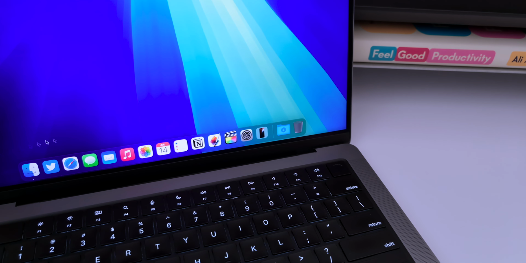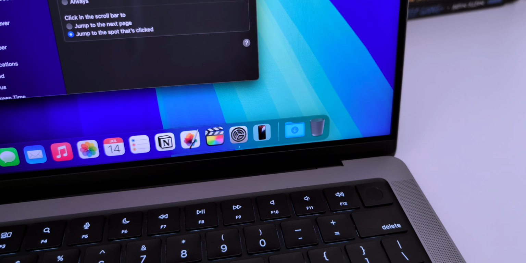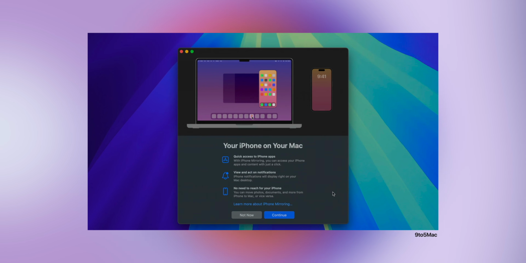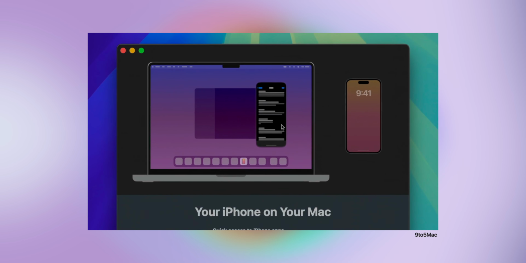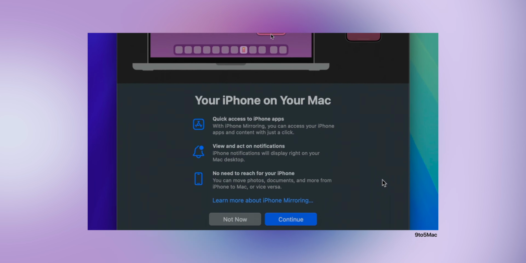When you first install macOS Sequoia, available in the fall, there'll be a new app in the dock. You'll also find it in the Applications folder and Launchpad. And fun fact, the app icon in the dock and Launchpad updates whether you're using dark or light mode. I already set it up, but when you first open it, a splash screen will pop up, giving you a nice overview, and it'll ask you to unlock your iPhone for authentication.